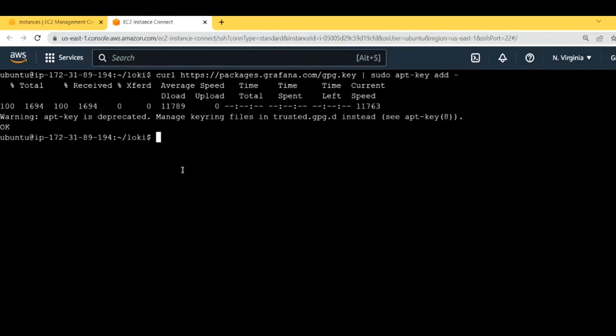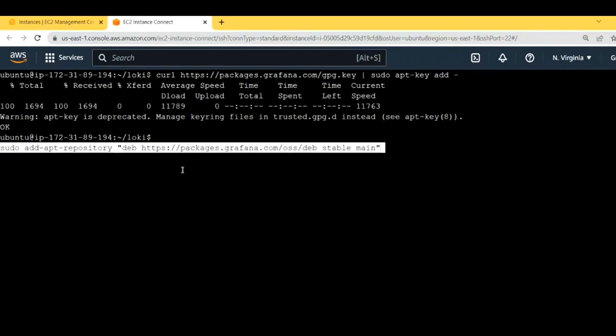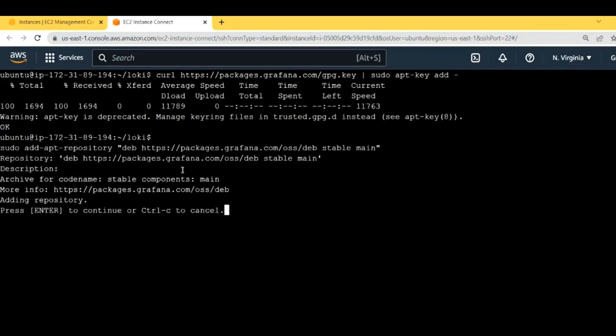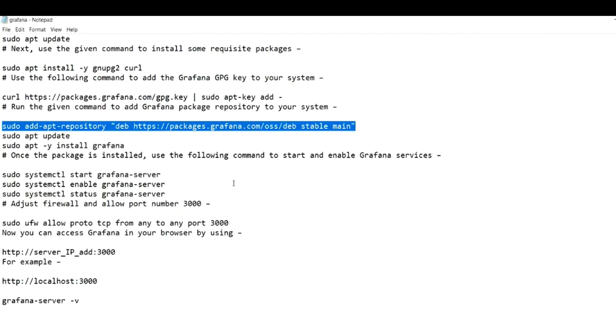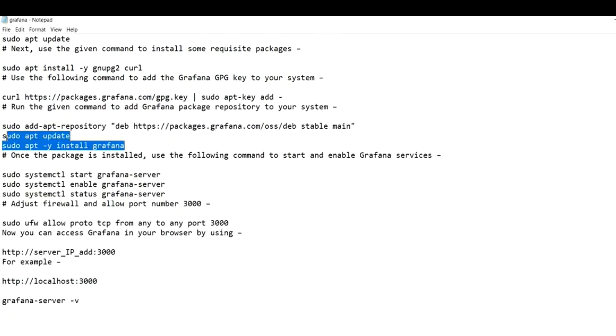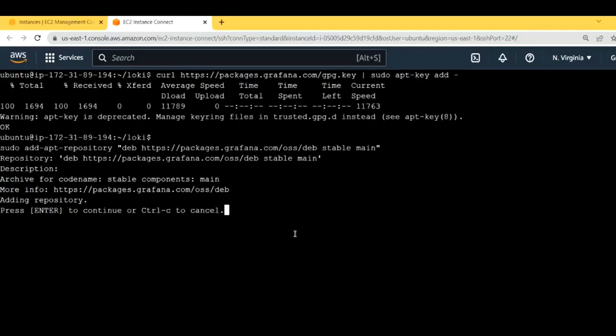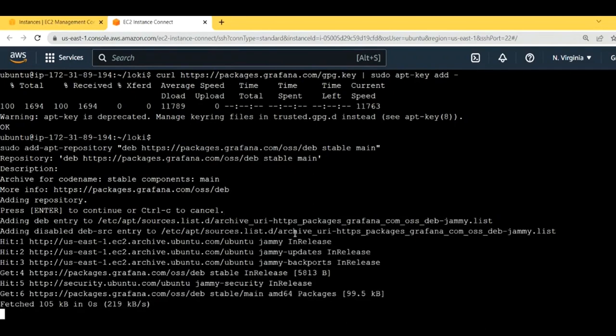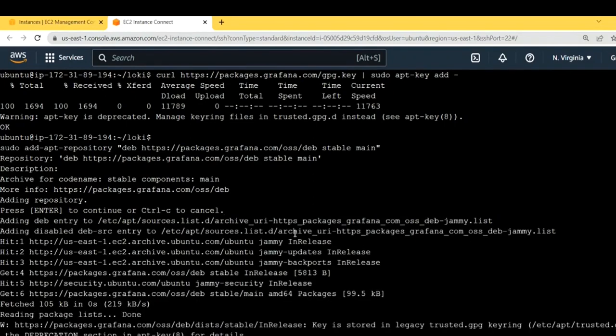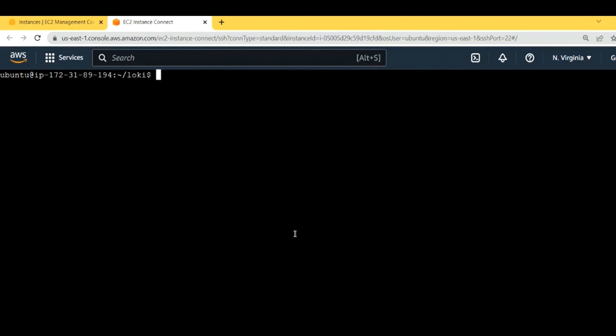Then we will add the repository. Where is it getting added? I've already explained in all my videos that it is in the apt repository. Then after we add the repository manually, we have to update the repository again using the sudo apt update command, and then we are good to go for the installation